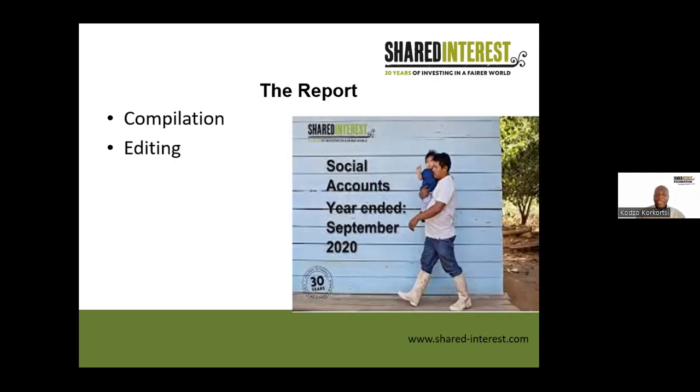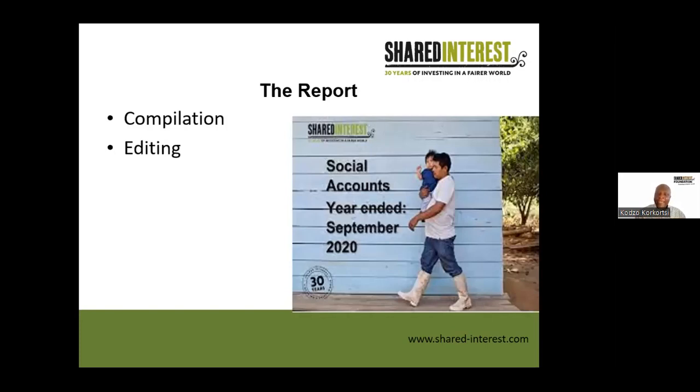So this is what we do, and the editing is done in-house. We look at everything and make sure that the report makes good sense and makes an easy read. This process can take up to 2 to 3 weeks for us to edit the entire document. During the editing process, there is always a back and forth. If there is a paragraph that does not make sense, then you have to go back to the one who has written it up, and discuss and make sure that we correct any conflicts or inaccuracies that are in the report. So it's an essential part of the production of our social accounts.